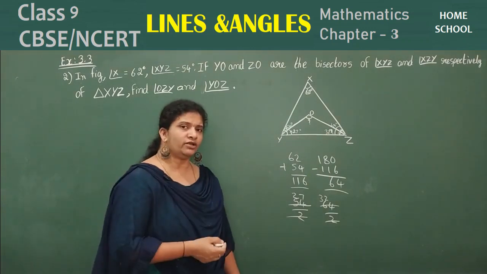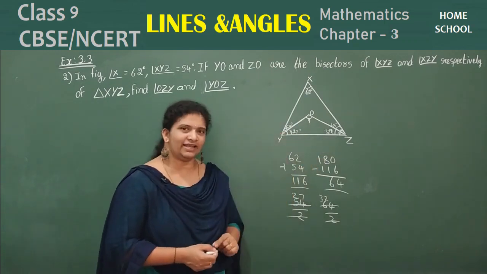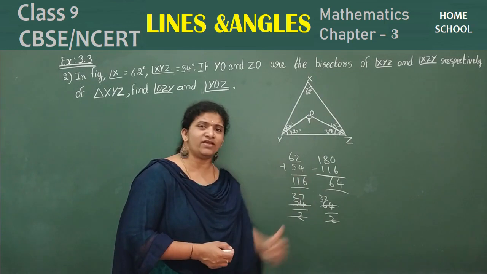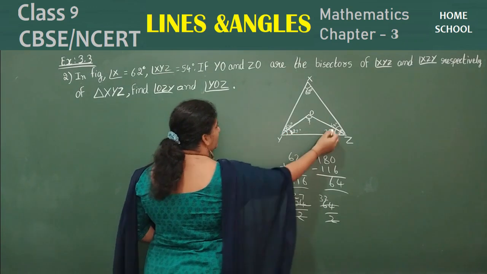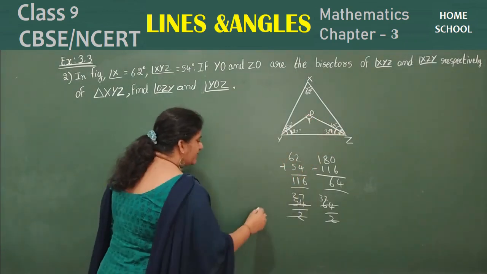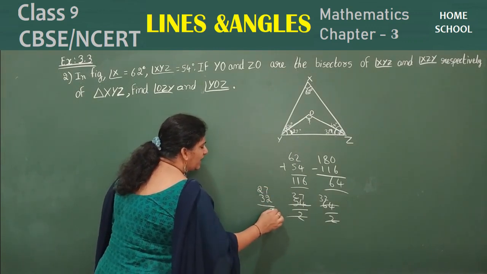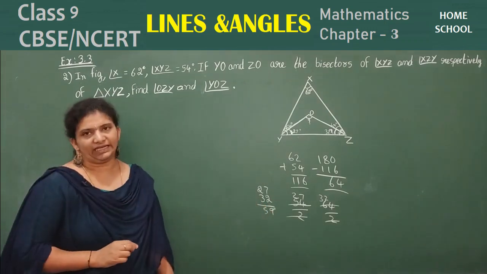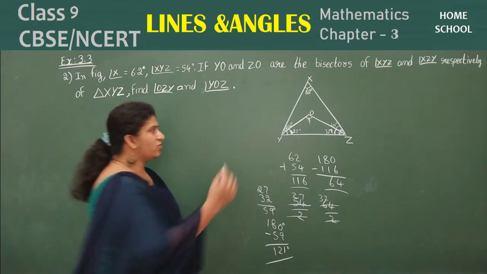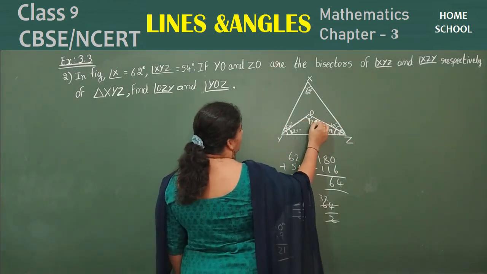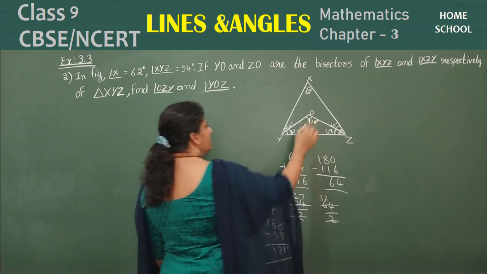So now what do you still need to calculate? You need to calculate this angle. Again you can see a small triangle in it. So again this triangle's sum will be how much? 180 degrees. So now consider only this angle and this angle. You need to find this. That makes 27 plus 32. How much is it here? It will be 59 degrees. 180 minus 59 is equal to 121 degrees, which is your answer. So what is this angle, children? 121 degrees. 121 degrees is your answer.